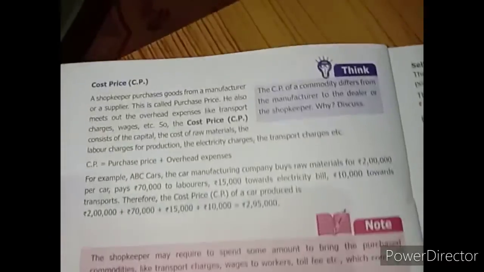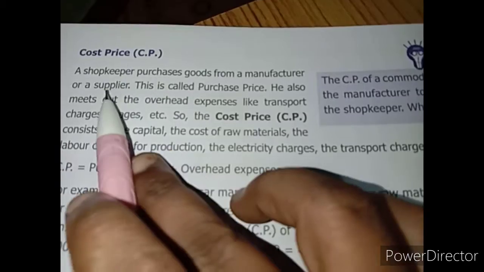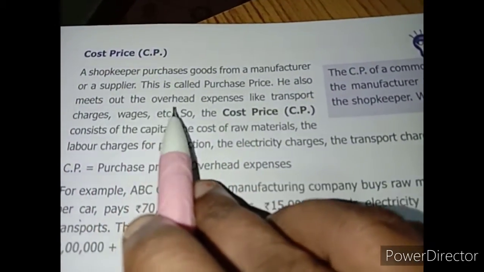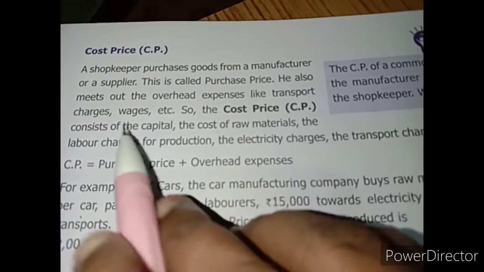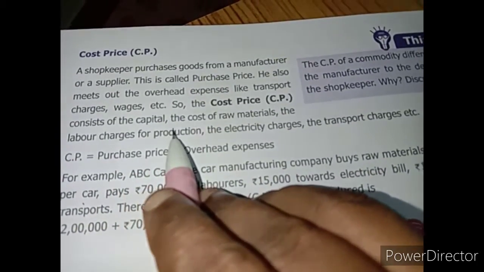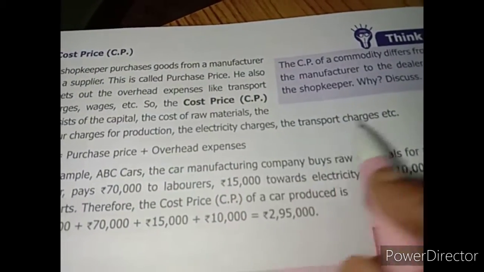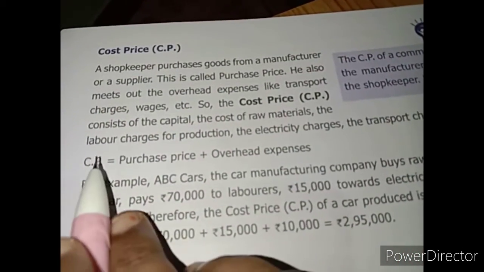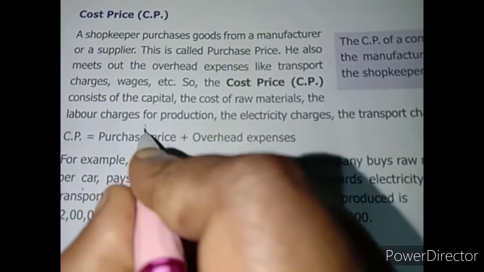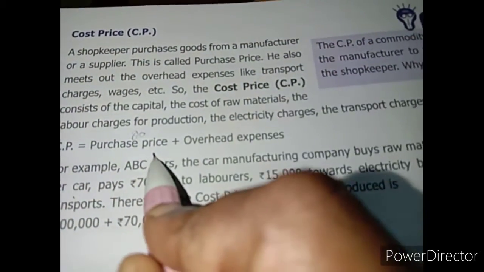Next is cost price. A shopkeeper purchases from a manufacturer or a supplier. This is called purchase price. He also meets the overhead expenses like transport charges, wages, etc. So the cost price consists of the capital, the cost of raw material, the labor charge, the protection, the electricity charge, the transport, etc. So cost price is nothing but, if the product is bought for 80 rupees from the manufacturer,